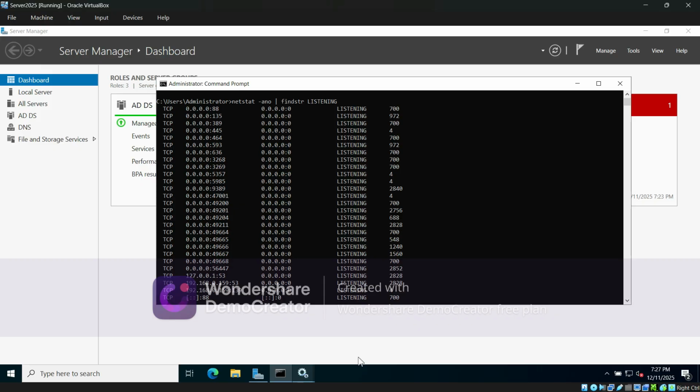Without this port that translates long numbers, anytime we want to reach, let's say google.com, we'll have to type in